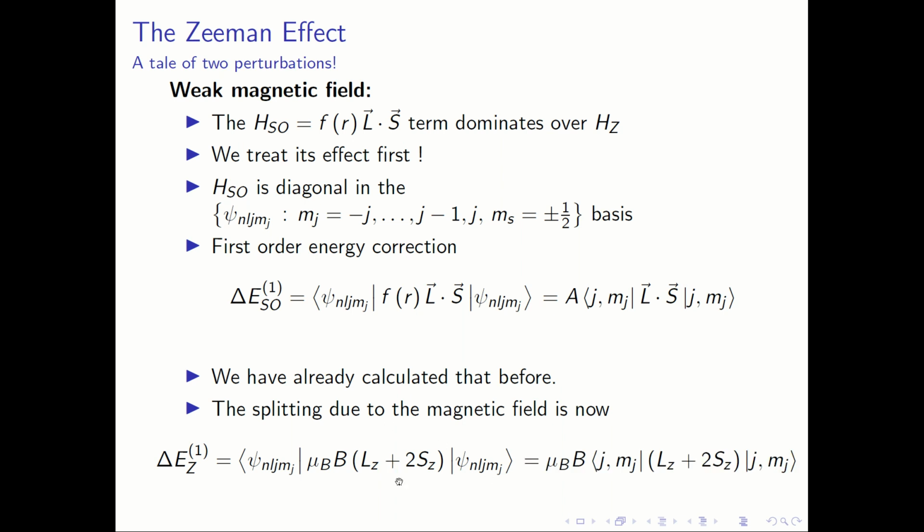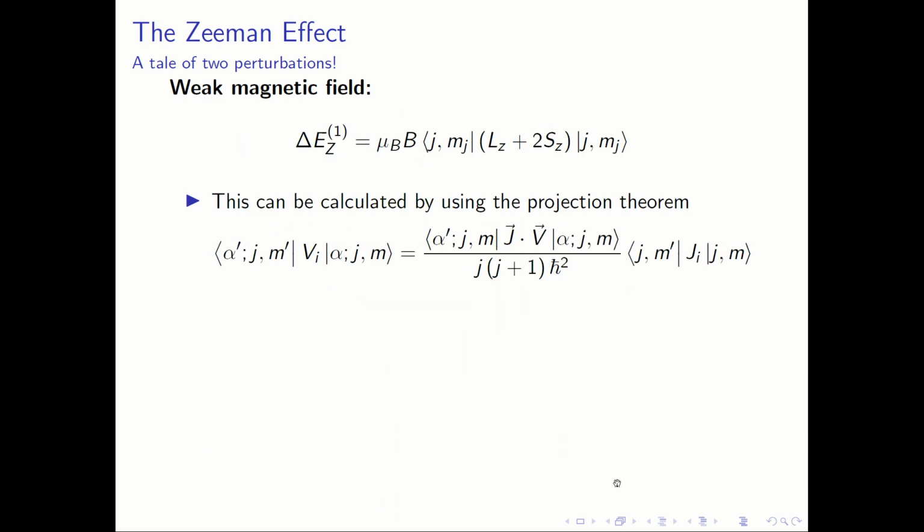And of course, here these operators depend only on L and S, so the radial part plays no role. You end up with mu_B times the matrix element, the expectation value of Lz plus 2Sz in this basis state. Now, we had learned how to calculate such matrix elements in the last series of lectures on rotations in quantum mechanics. In particular, we had learned that to calculate the matrix element between two angular momentum eigenstates of any component